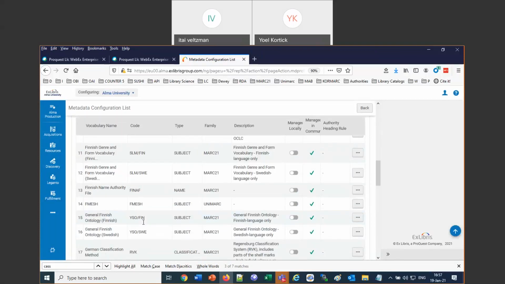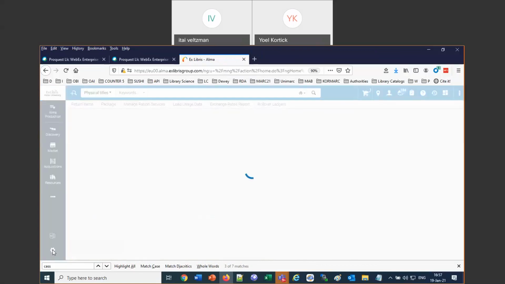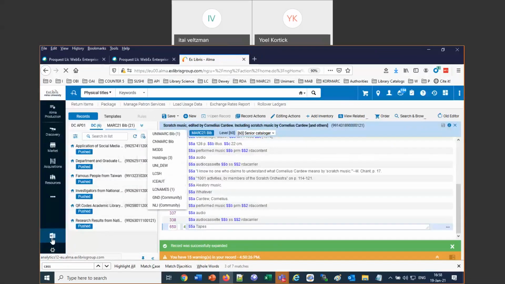But most people will not have that many active profiles, so you won't see that big long list. Let's pop back into the metadata editor. And so there's an indication of how many records I have of each type, and merely by clicking on it,